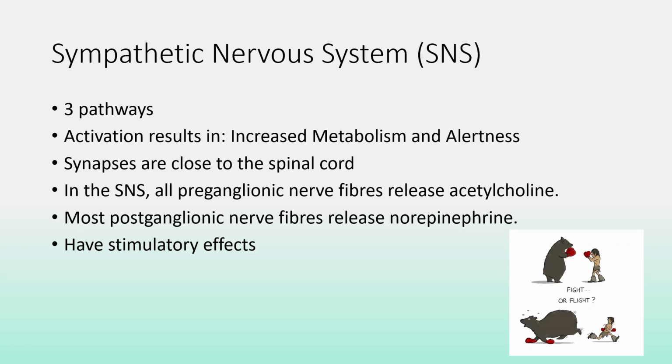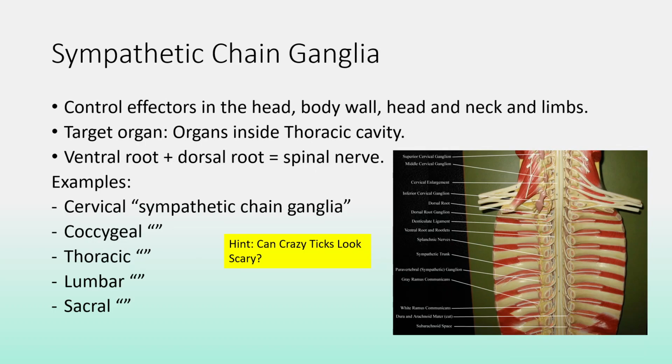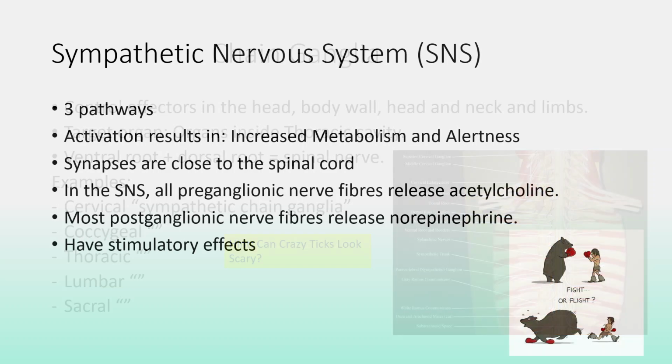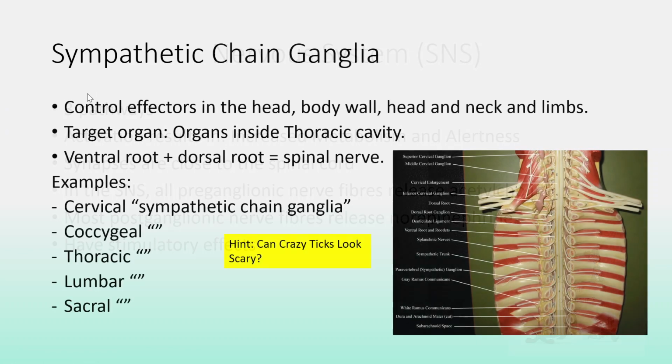So activation results in increased metabolism, alertness, and the synapses are close to the spinal cord. In the SNS, all preganglionic nerve fibers release acetylcholine. Most postganglionic nerve fibers release norepinephrine, and these have stimulatory effects. So see how there were three pathways? One of the pathways is the sympathetic chain ganglia. Their target organs include organs inside the thoracic cavity,